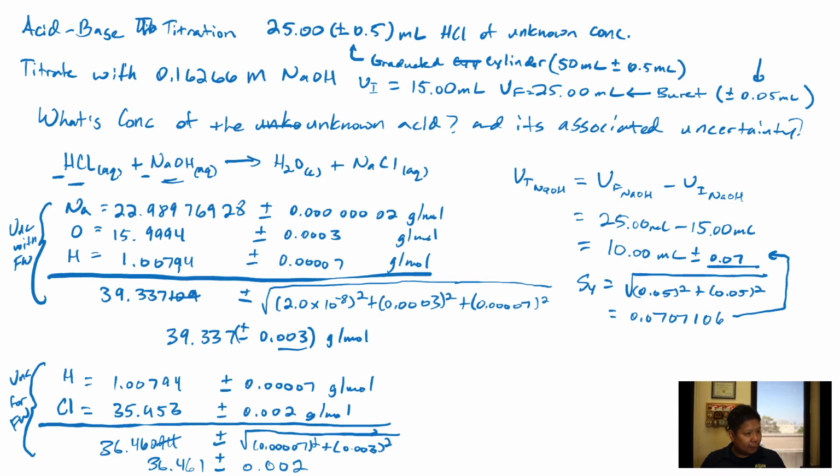So how do you do that? Well, this is how you do it. The first thing we've got to figure out is what is the associated uncertainty with the number of moles, right, that has been transferred into the flask of unknown acid, right? Because remember when you're looking at this in a titration, I know I like to draw these over and over and over for you, but I'll keep on doing it so you guys get it, right? You have a number of moles of acid, and that's unknown, right? You don't know what it is, and you're doing this titration with a number of moles of base,